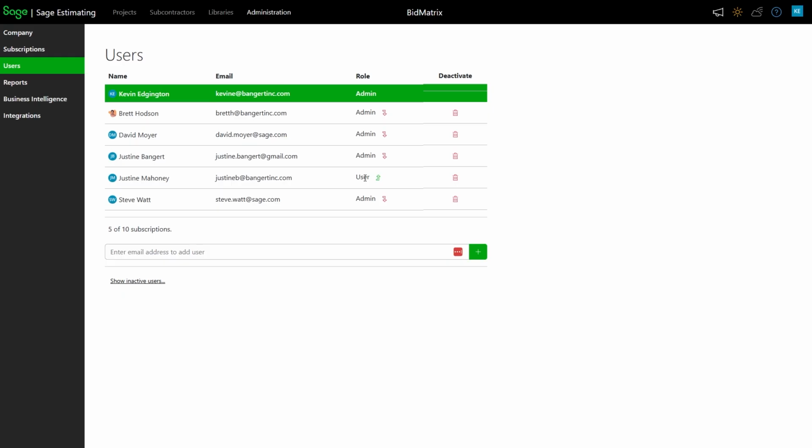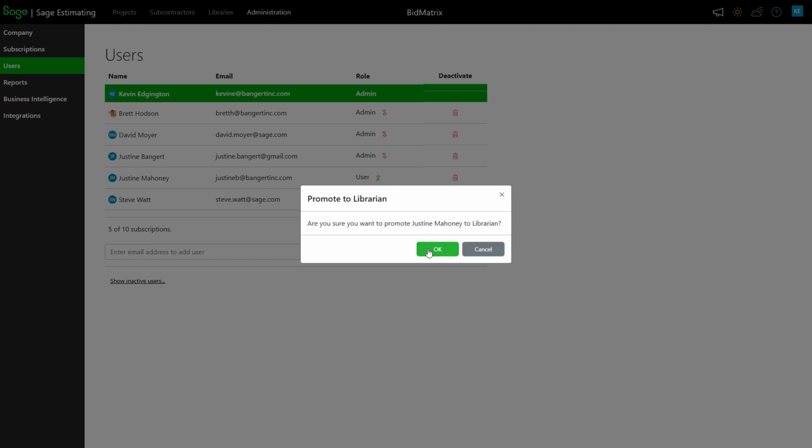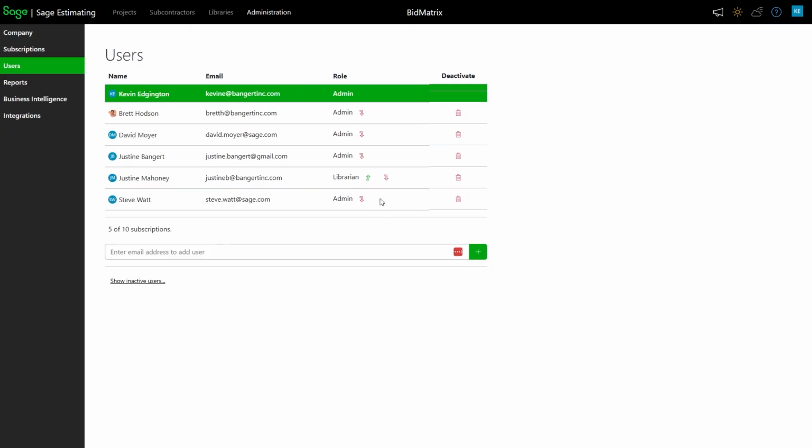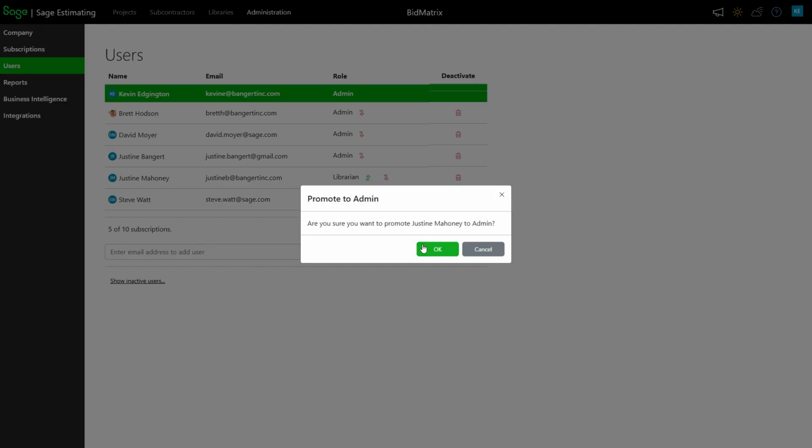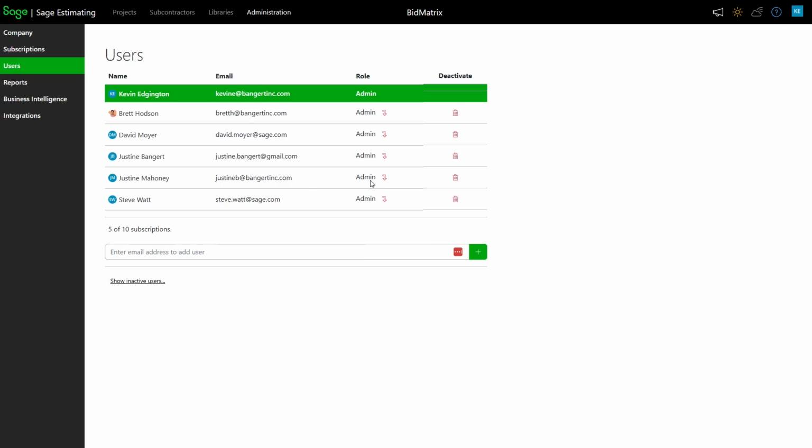A normal user is somebody that can go in and create projects and work on projects and so forth, but they're not allowed to touch the database and make admin type of changes to the library. And if I go back the other way, I could say this person's a user at the moment, but maybe I want to advance them to be able to do database work. So now they're a librarian, and I'm going to keep her back to where she's at as an admin and so forth. So that's basically how you can control the levels of security.